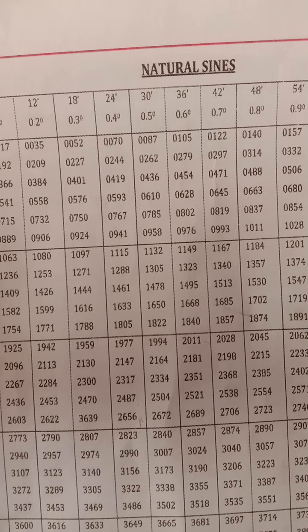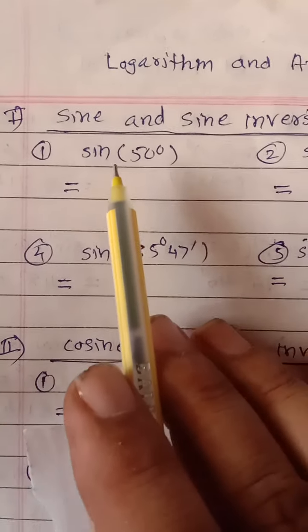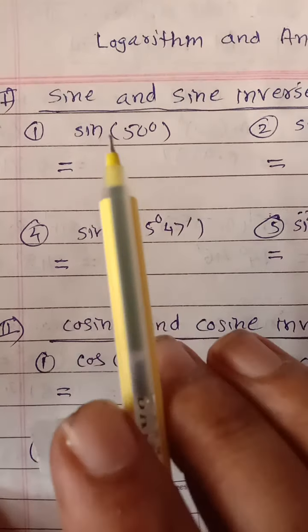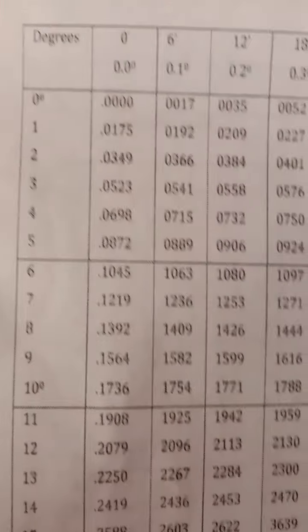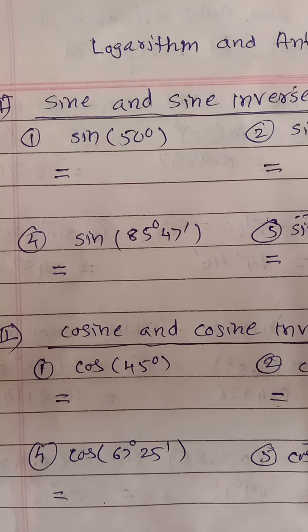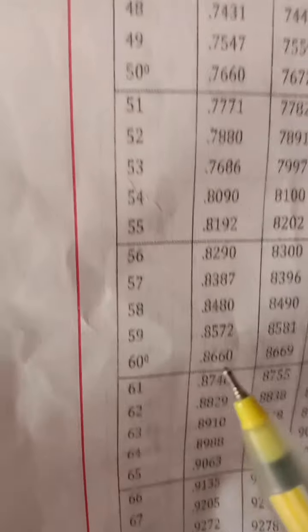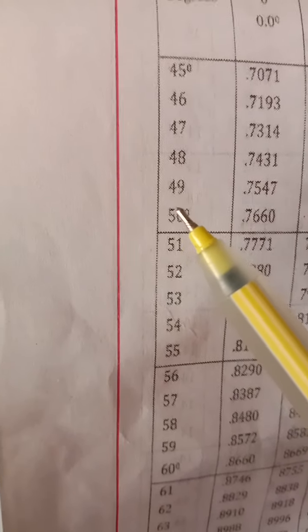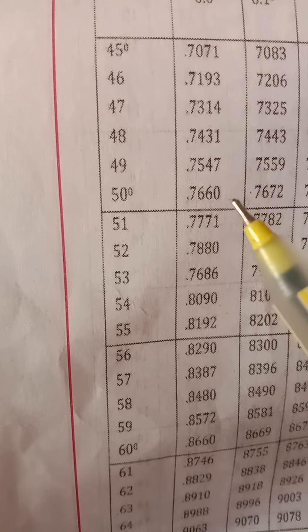And therefore, in order to solve these numericals, how to proceed, let us see. So we will consider first of all example to find sine of that given angle. The very first example is sine of 50 degree, and therefore we will have to consider the sine 50. That means we will have to consider this table, and as it is sine 50, there are no minutes, therefore we will consider only in the 0th column for sine 50. So in the very first column of degree, it is here 50 degree, and then in the 0th minute column we will get